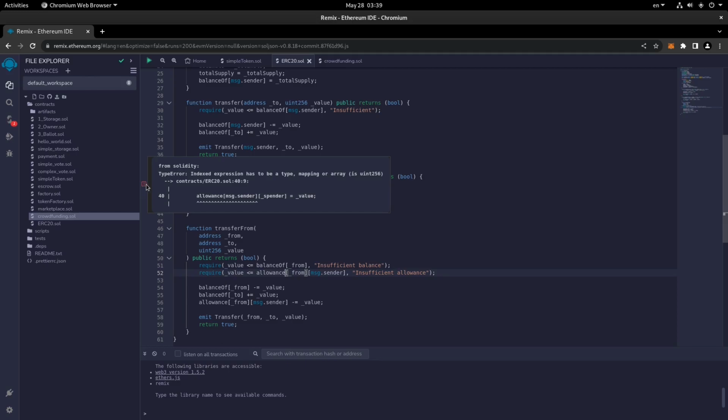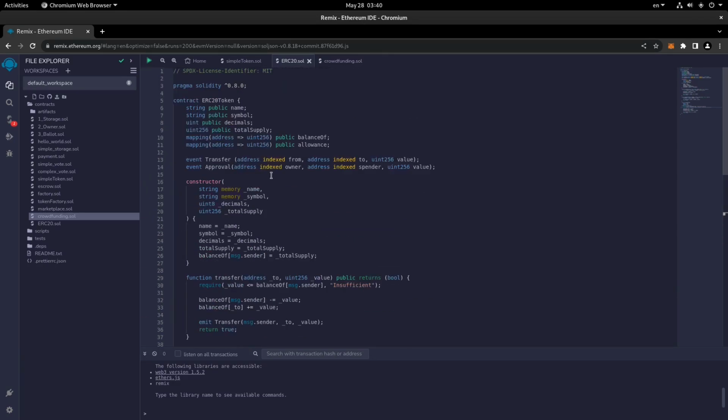So still there seems to be a problem. Let me see. Index expression has to be a type, mapping or array is uint256. The reason that is happening is that here we need another mapping. So let me write it here, another mapping instead of the mapping, and I will explain what that is.